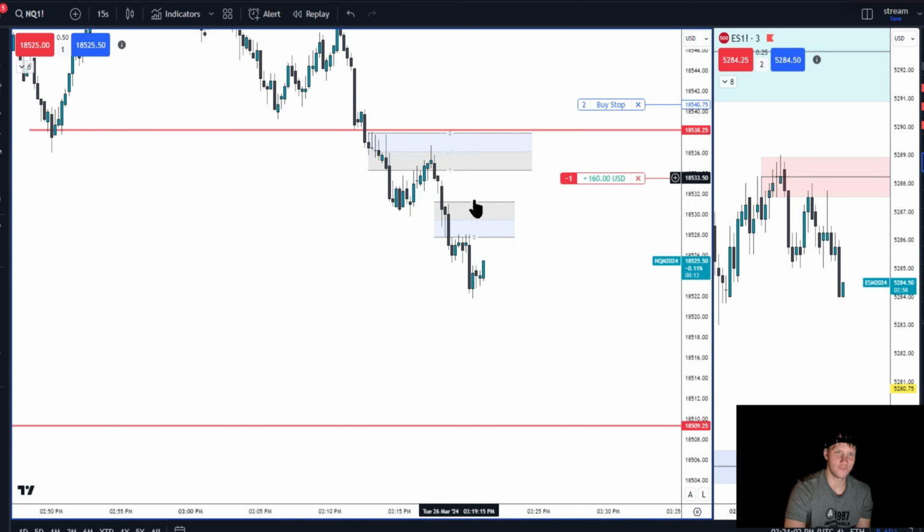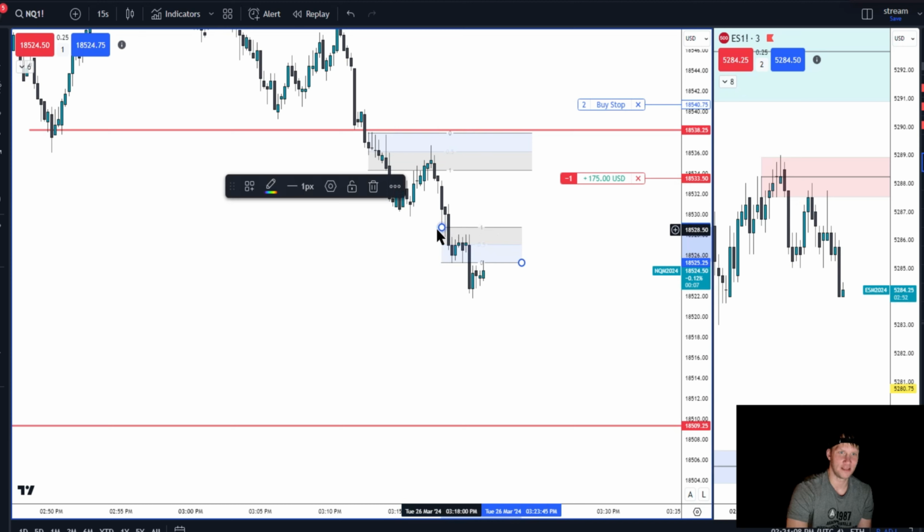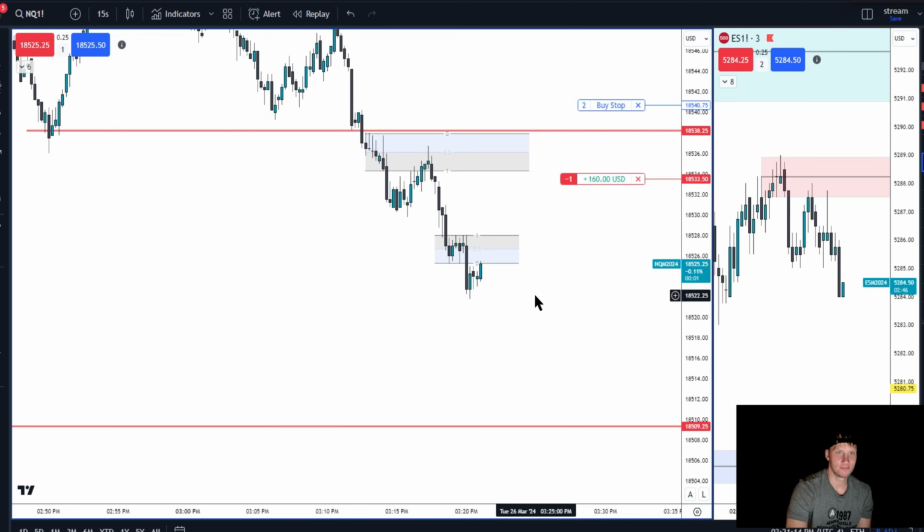I think you can have one, but I don't think it's going to be beneficial for you to be locked into it. I think it's better if you just have areas of price where you think it's likely to go. And then once it starts going that way, trade that way.